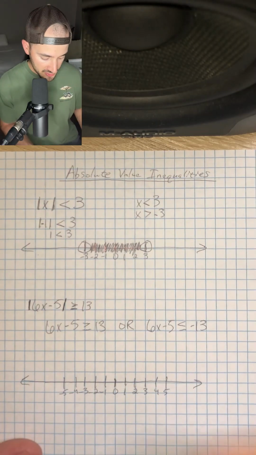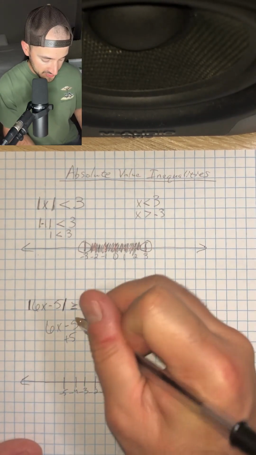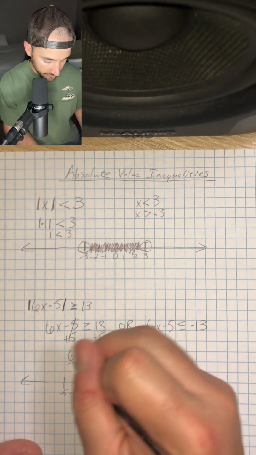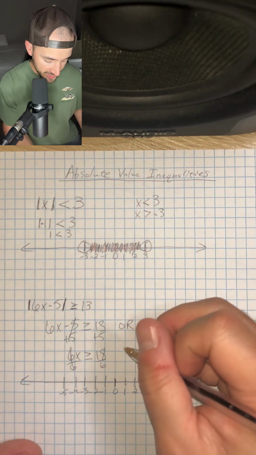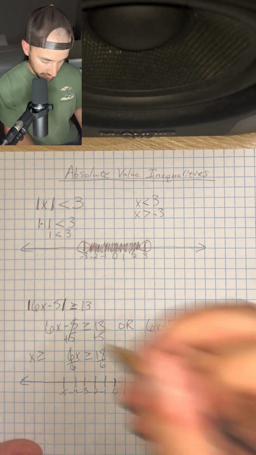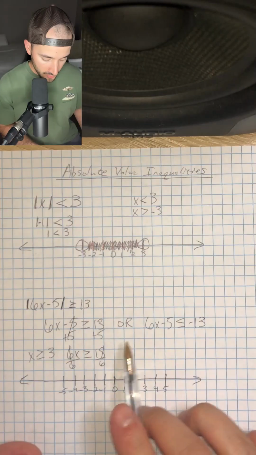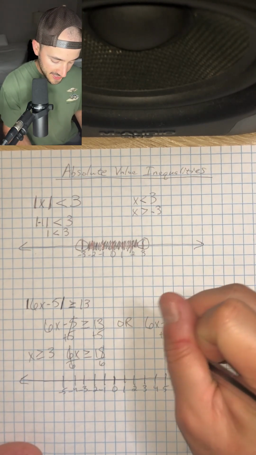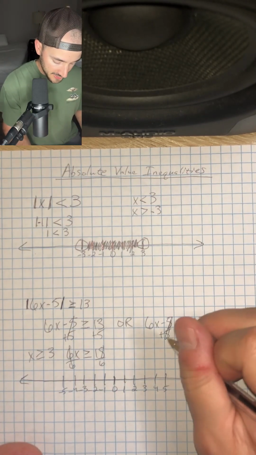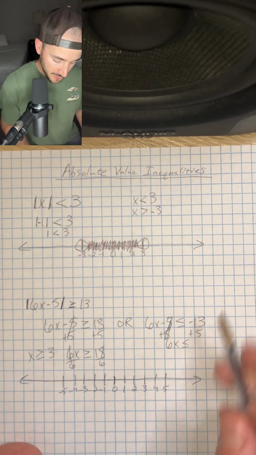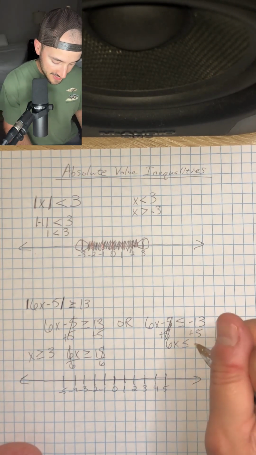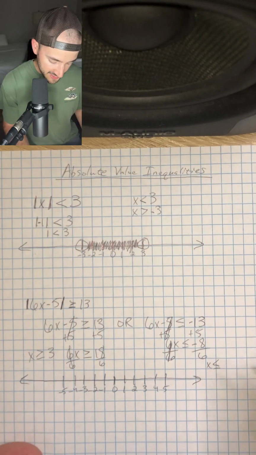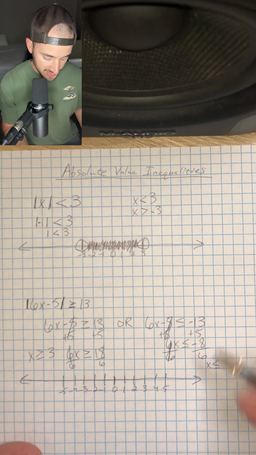So let's solve on the left first. We're going to add 5 to both sides to get 6x is greater than or equal to 18. Divide by 6 on both sides, and so we have x is greater than or equal to +3. Over here, we have 6x minus 5 is less than or equal to -13. Let's add 5 to both sides to get 6x is less than or equal to -13 plus 5, which is -8. We're going to divide by 6 on both sides to get x is less than or equal to -8/6, which is equal to